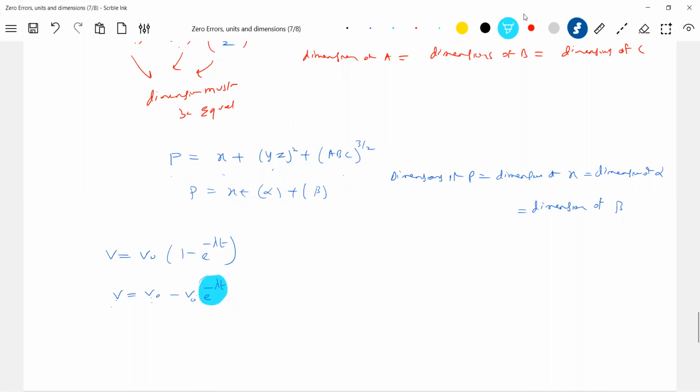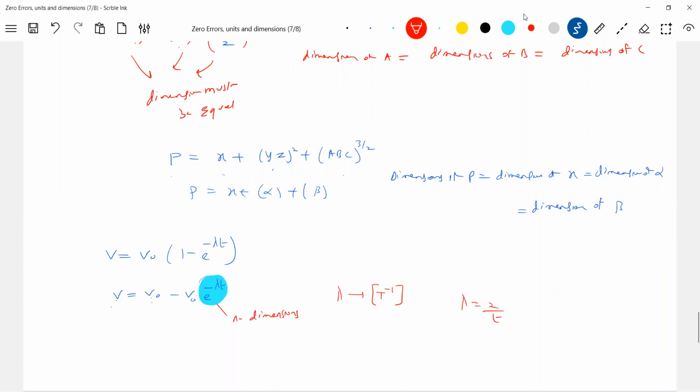This total quantity should not have dimensions. But what is lambda? Lambda should have dimensions of T minus 1. Then what happens? Suppose lambda is equal to, say, 2 by t, then e to the power of minus 2 is some constant with no dimensions, it will become